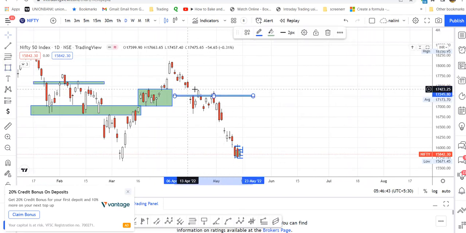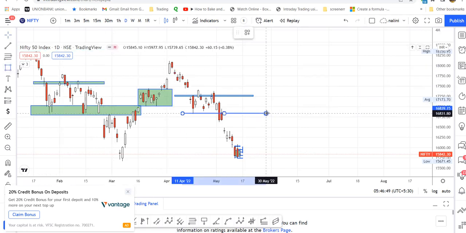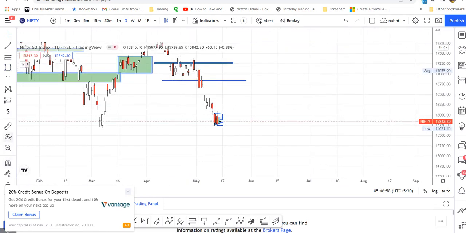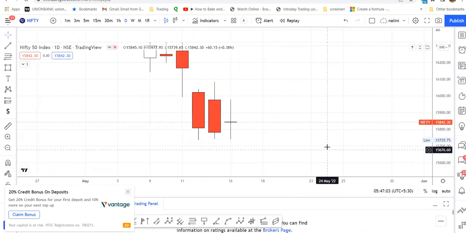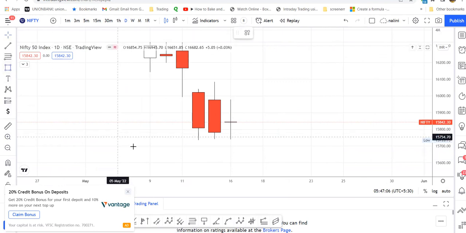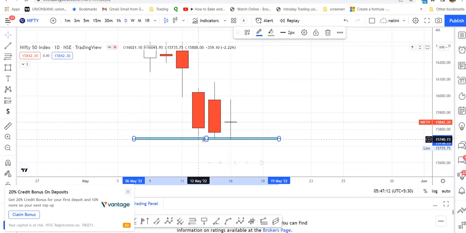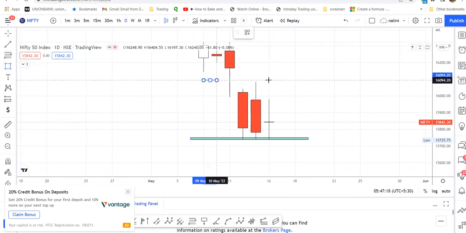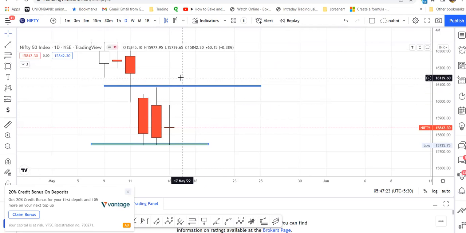Here also you can see manipulation over here and manipulation beneath this, and the range expansion, price started moving up. Here also, after this fall, price is ping-ponging. So this is a small manipulation beneath this level, and this is the range. So if there is a manipulation above this range,